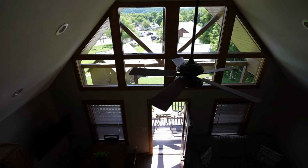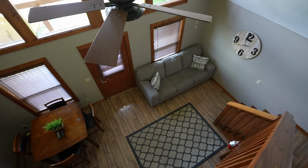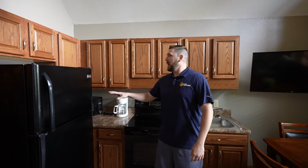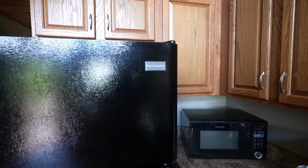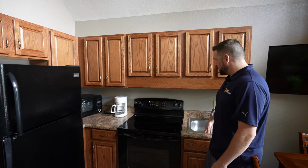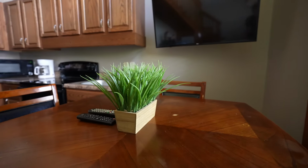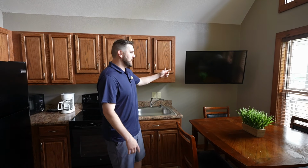As you're walking in, you're gonna notice a lot of natural light coming in through these tall windows. So much rustic wood and exposed timbers throughout, and I really like the offset colors here in the kitchen of your black appliances for your fridge, microwave, and range. Electric cooktop, single basin sink, which is pretty big. Obviously, you gotta have the coffee pot, get yourself going in the morning, whatever that is gonna take. And then you have room for 4 people to just sit down, play a game, eat a meal, watch TV,